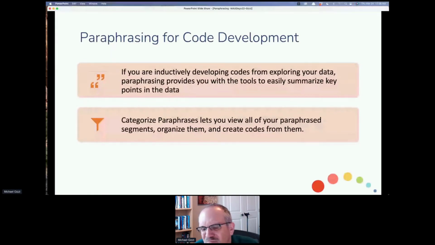It's similar in many ways to the smart coding tool, which is literally probably my favorite tool in MAXQDA for purposes of coding data. So hopefully those distinctions there help.